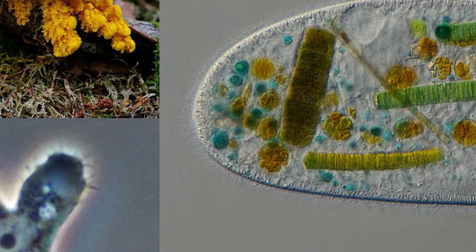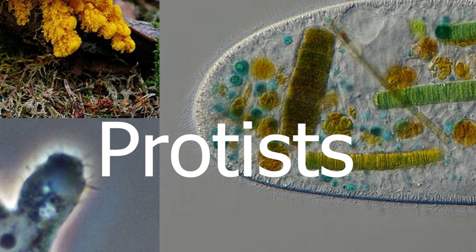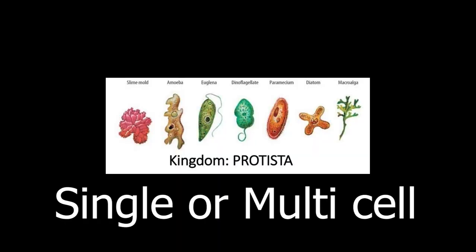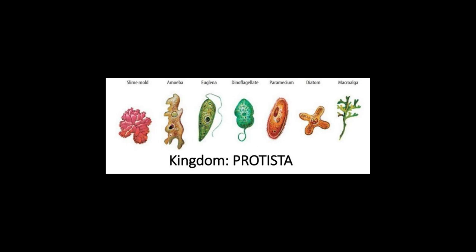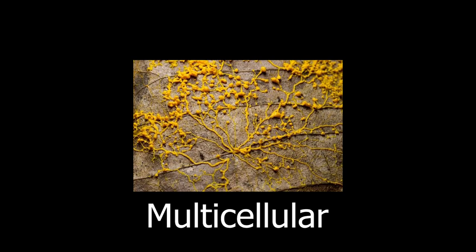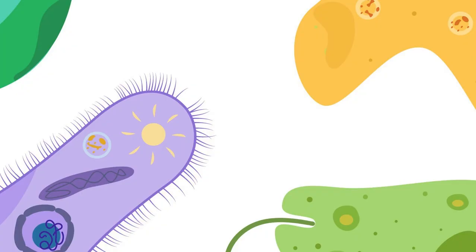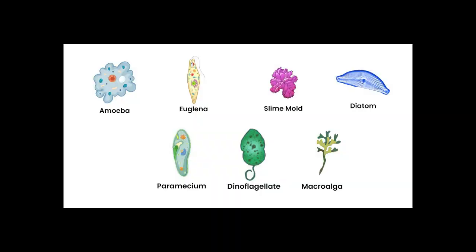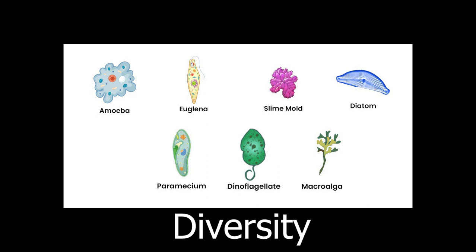The fourth type of microscopic lifeforms are protists. Protists are single-celled or multicellular, microscopic organisms with cell nuclei, and which aren't plants, animals, or fungi. Multicellular protists live as colonies, without specialization. Protists are a category of leftovers and oddballs that don't fit into other groups, and taxonomists are continually reorganizing them. Because protists are defined more by what they don't have than what they do, they're a very diverse group.